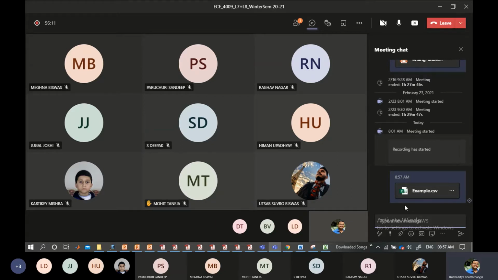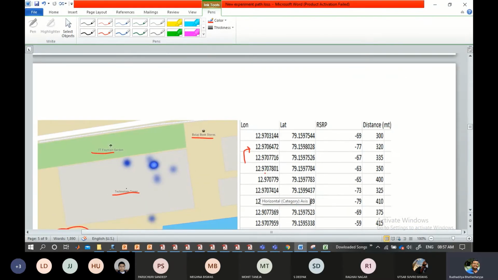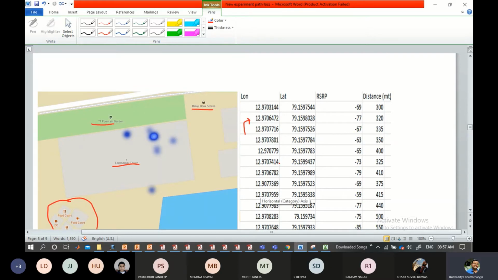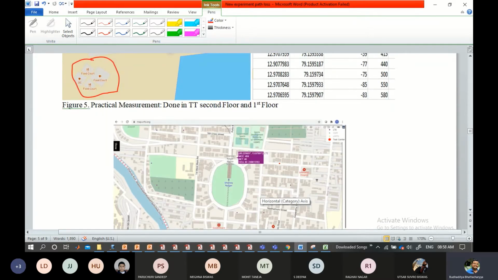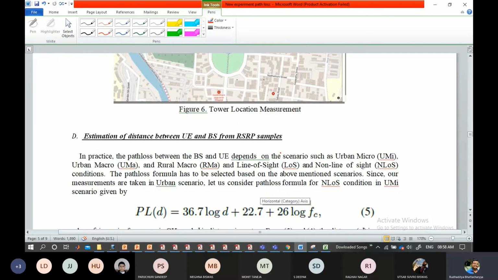I've shared the example file for your reference. It's nothing but a pure set of data so that you can work on it. I'll come to everything now. So till this point we are clear. These icons and the photos that you are looking at are all the same. The one that I demonstrated, this one that you're looking at, the down one, is not relevant. This is just a dummy set of readings. Like randomly, if someone is making a measurement in Chennai, he might get this thing done in the mapping like that. So don't worry about it.